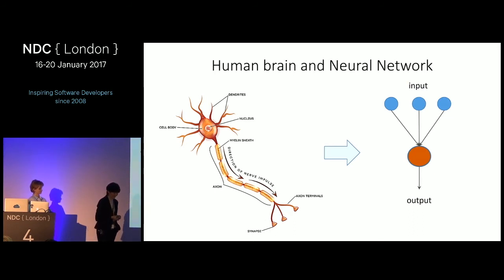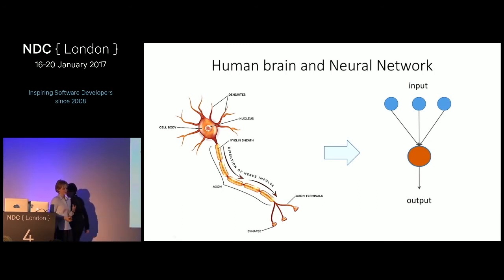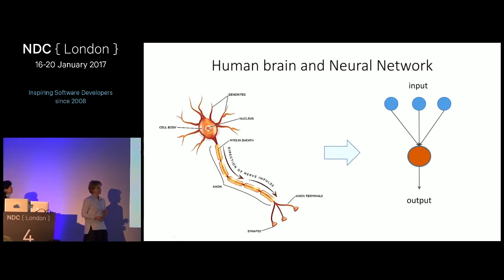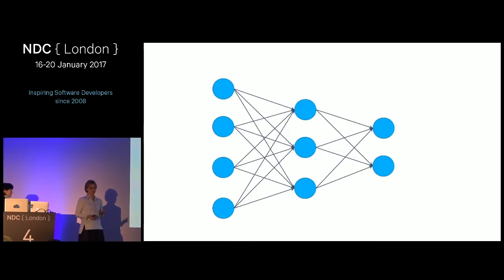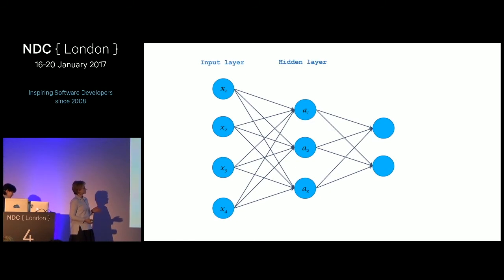That's amazing. So now we all know what neurons are, and Katya will show you a mathematical model of it. So I will show the model. It will be a little bit of mathematics, not much of it. So a neural network is a model that is inspired by how we think the brain works. It's a set of nodes and a set of connections between them, somewhat like a graph, with nodes and edges. But unlike a graph, it's very structured. So it comes in layers. There is an input layer, there's some hidden layer, one or more, and there's an output layer. And we are doing calculations between those layers.